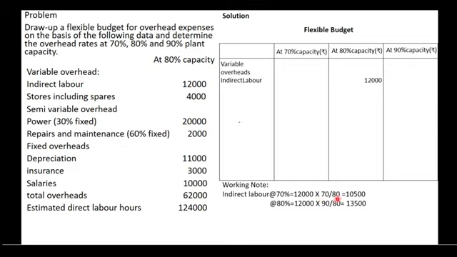So now the amount of the 70% capacity, that is 10,500. So similarly we are calculating for the 90%. Sorry, it is not 80, it is 90%. So for the 90%, it is also calculated as the 12,000 rupees. The 12,000 rupees for the 80% and what amount for the 90%. So here it is calculated as 12,000 into 90 divided by 100. So now the 90% capacity is